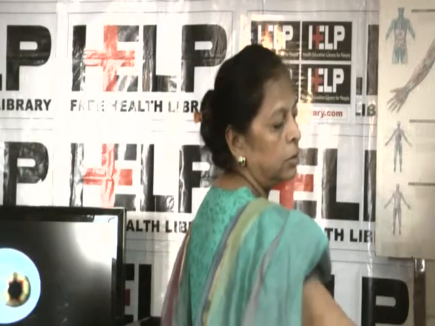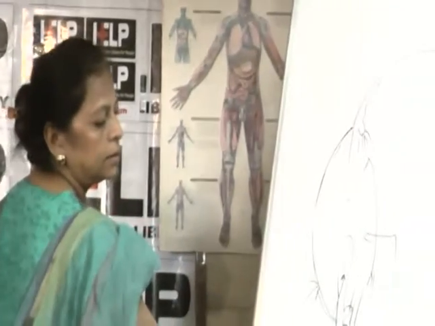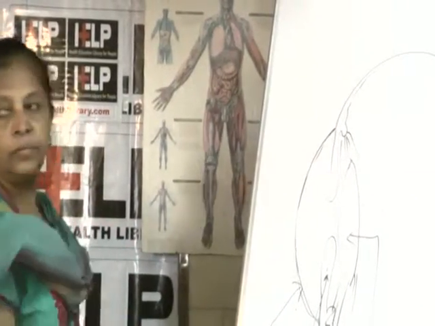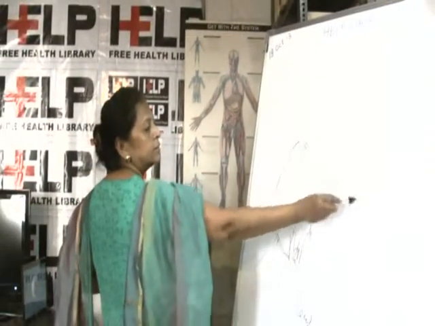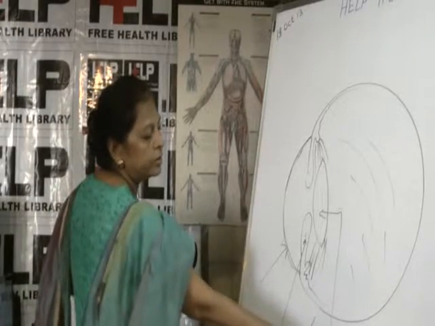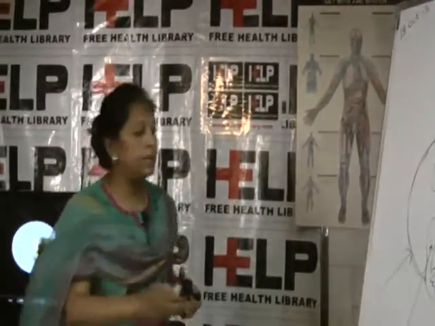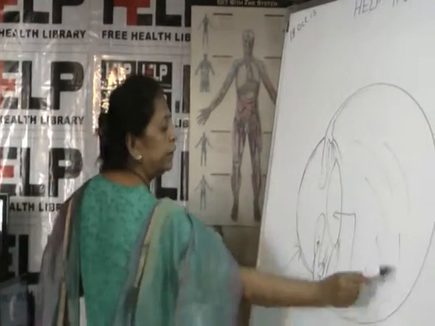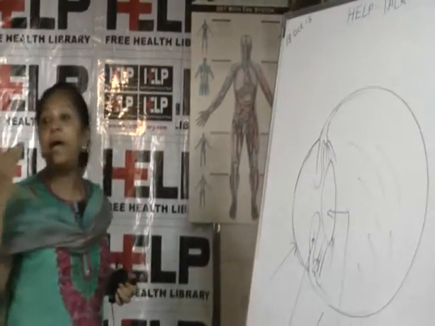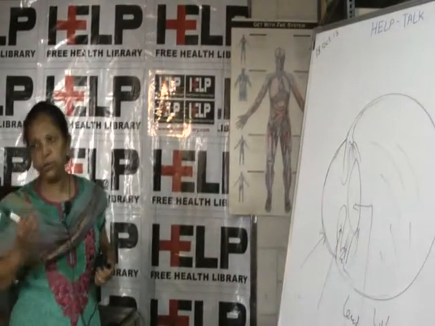Behind the cornea, this is known as iris. This is cornea. This is iris. This is a lens. Behind the lens, again a liquid is there, a jelly type of structure. That is known as the vitreous. And the white part, the whole white area, we are seeing only a part of the white area. That is the sclera. The other part is behind, so you can't see.